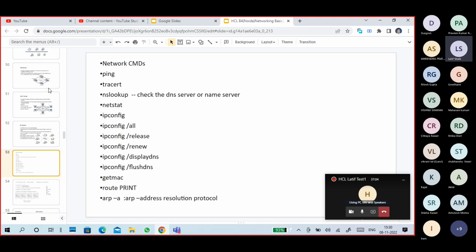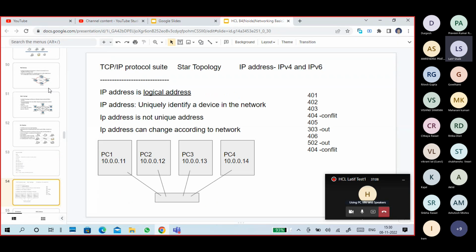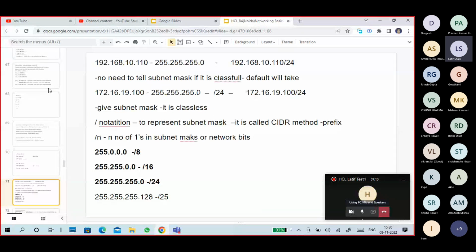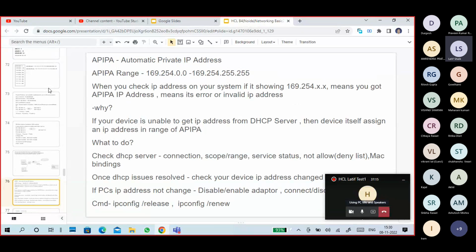These are the networking commands. We'll also see some commands. Okay. And yeah, I've done a little reverse kind of stuff. So that's why it is